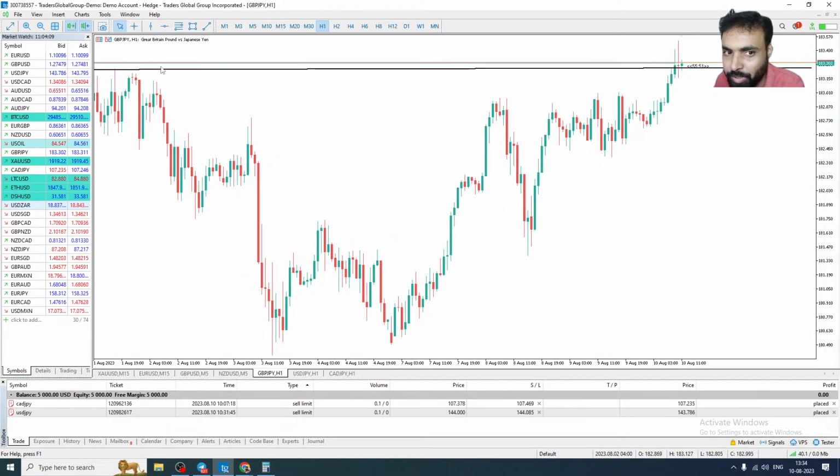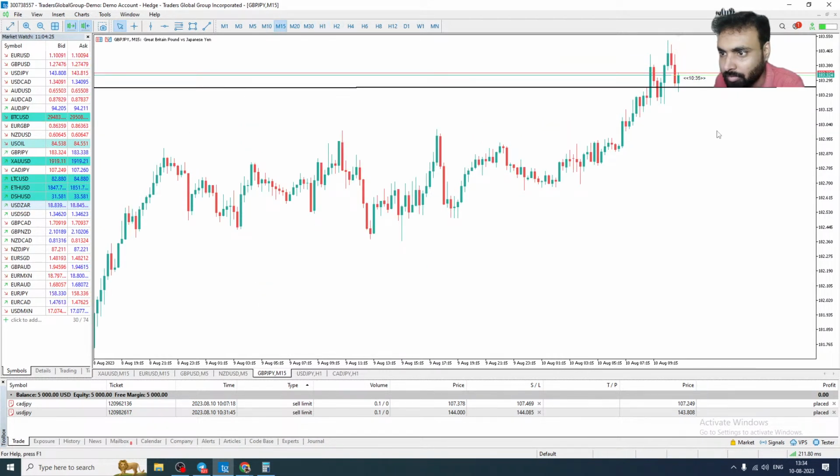Because it took the liquidity. That is the symptom. It took the liquidity, and it is like take the money and keep pushing down. So this is a symptom that the market can go down. But we want a break of structure. We want a break of structure because it's still struggling. Again, it's trying to go up.